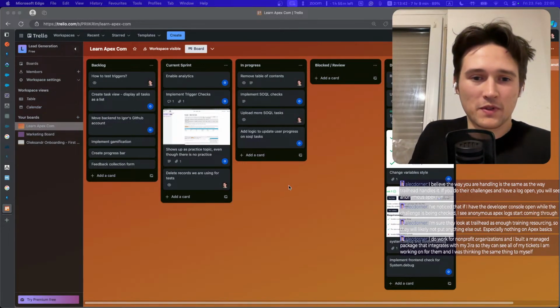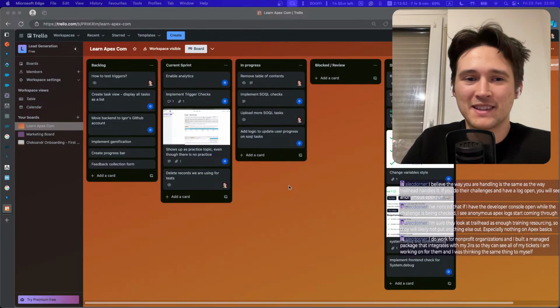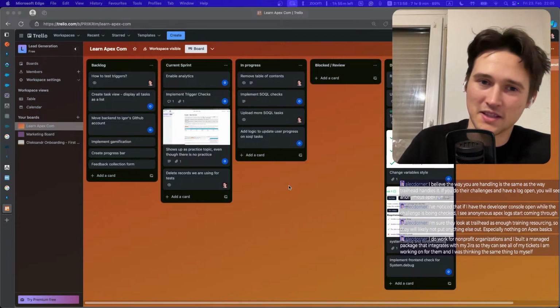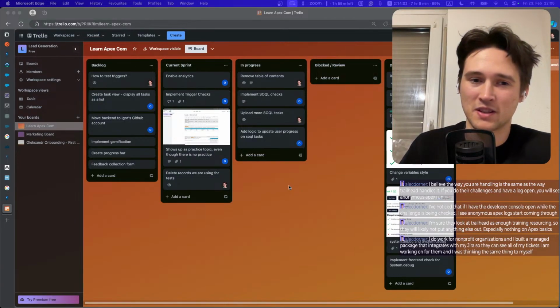I do work for a non-profit organization and I built a managed package that integrates with Jira so they can see all of the tickets I am working on for them, and I was thinking the same thing to myself. Yeah, that's true. I enjoy this complete openness about what I'm doing. I enjoy this part, but